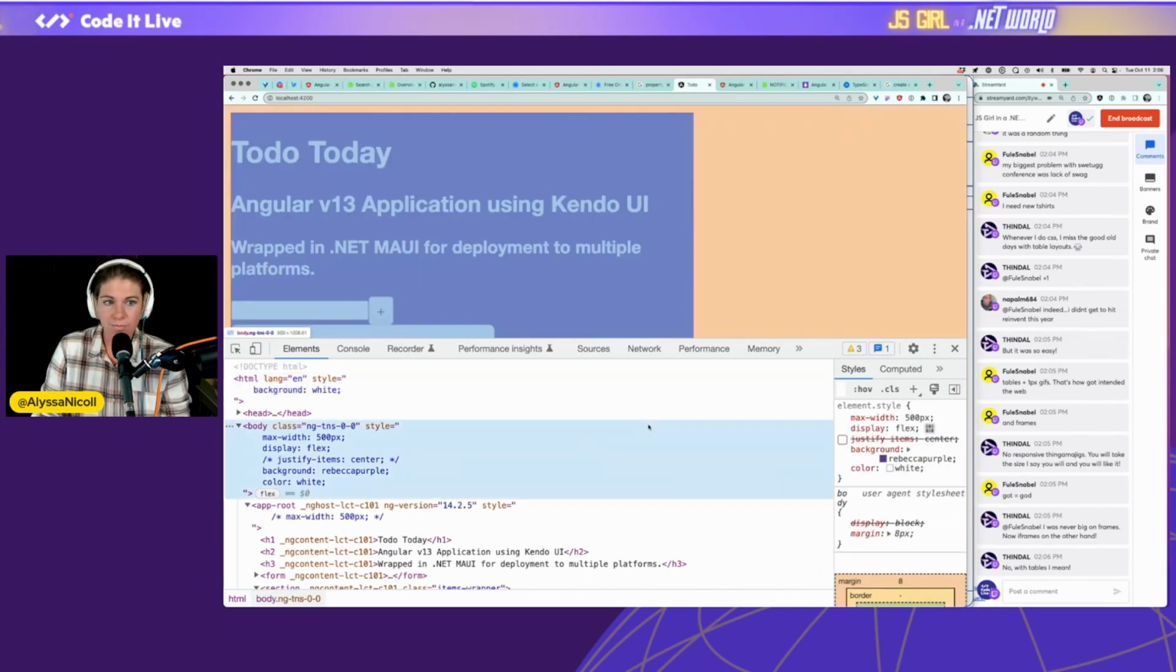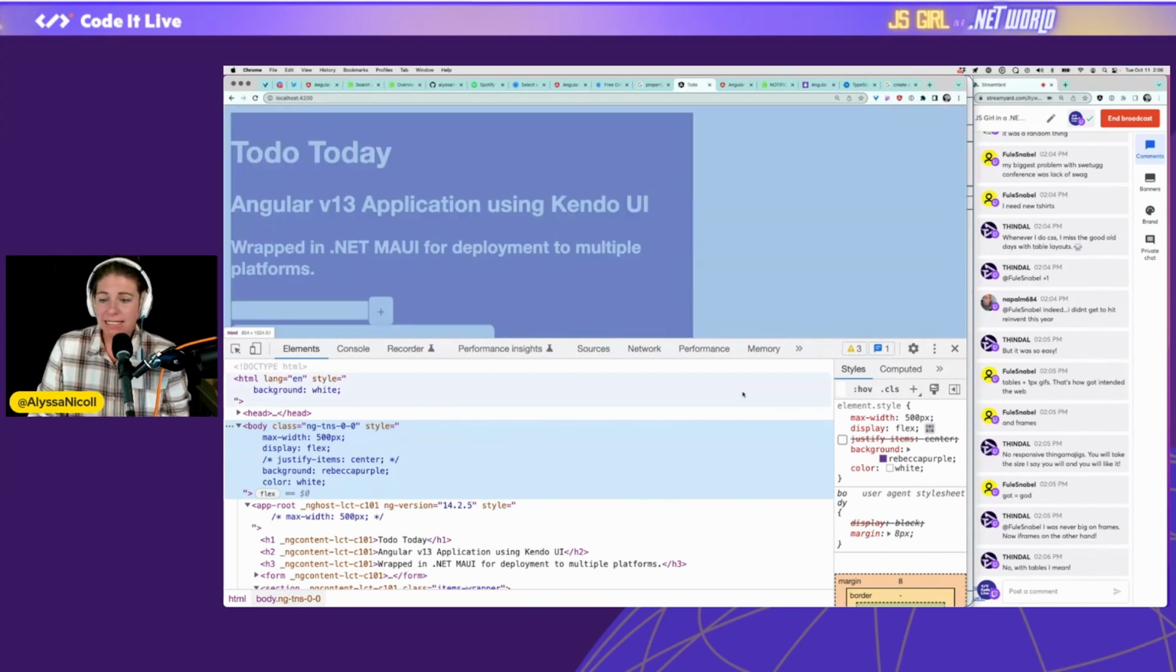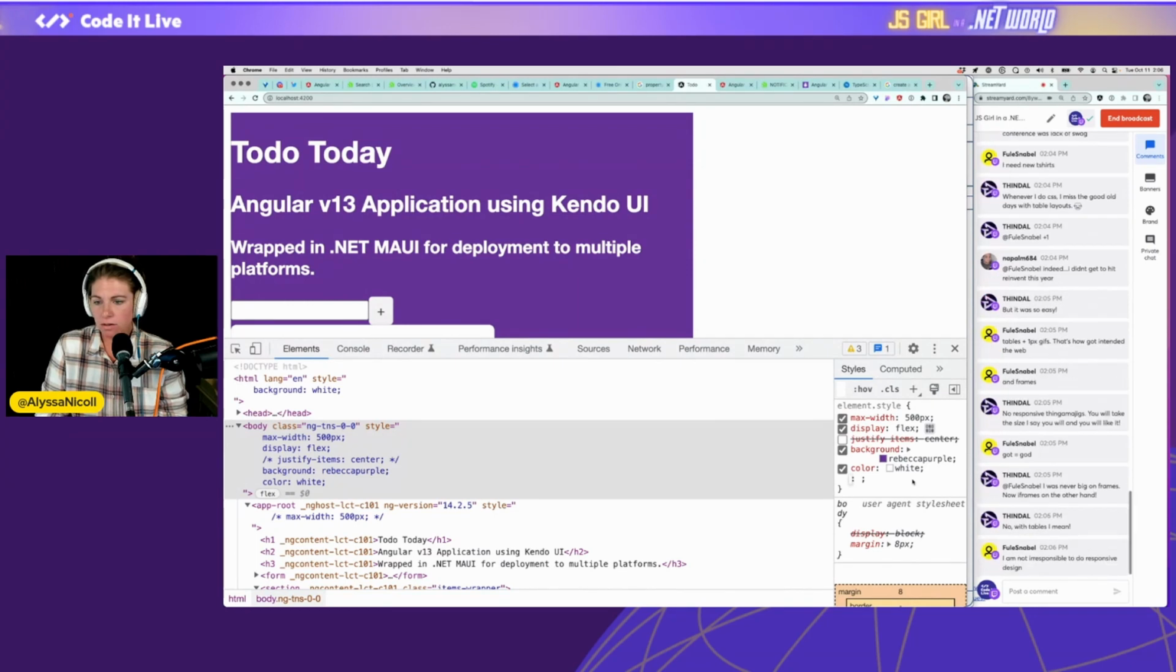That's what I wanted to do. I need to see the difference between the body and anything else. So the HTML is now white. The HTML tag is white, the body tag is now Rebecca purple. And so we can actually see what we're dealing with. We're display flex. So I want to do